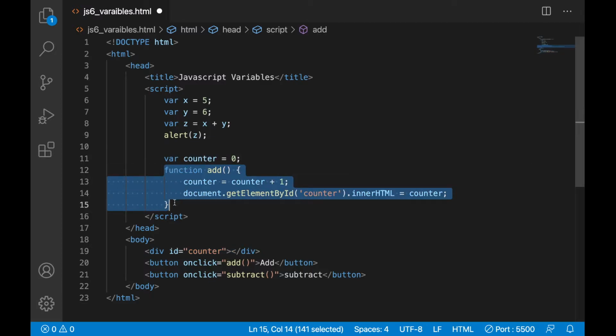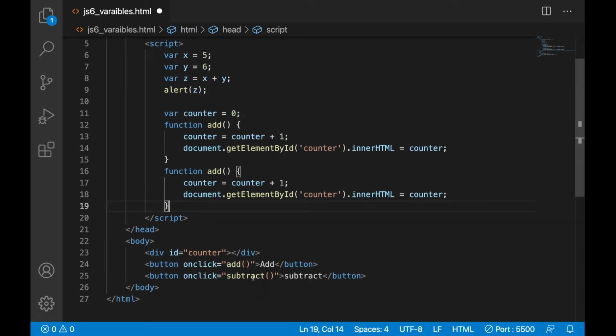So in a similar way you create subtract also. This is the function name, you just replace it with this one. So here instead of plus I am just making -1. Okay. Now this is the global variable. So this global variable I am using in two functions. One is this one, second one here. So as a global variable, I can use it anywhere. I can override it in any place, any function. Okay, anywhere in the JavaScript. See here, this variable I have overridden by making +1. So here I am making -1 for the same variable.